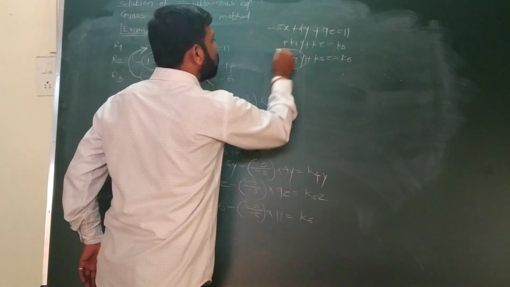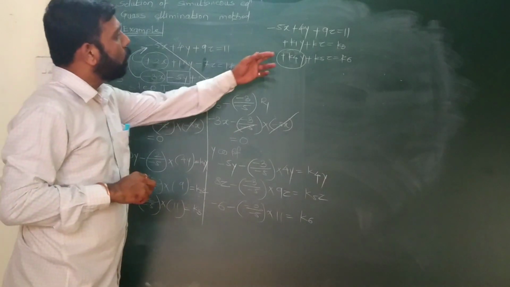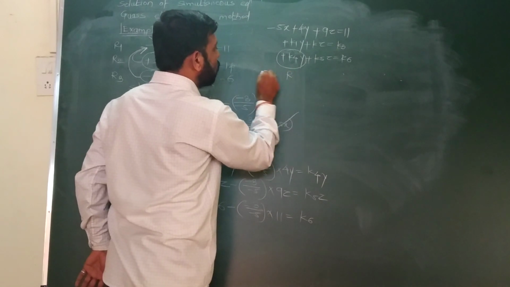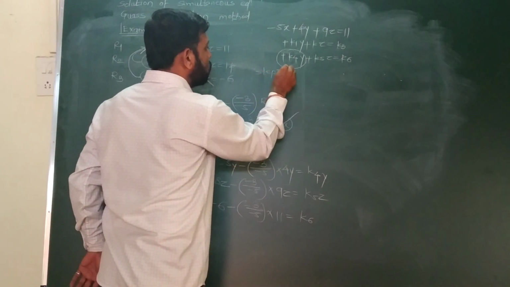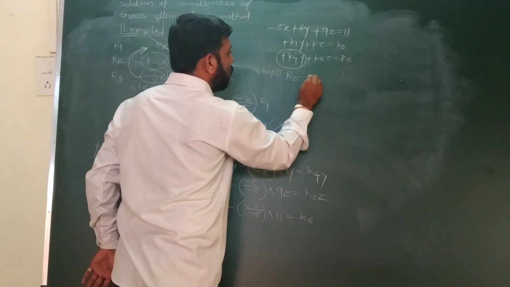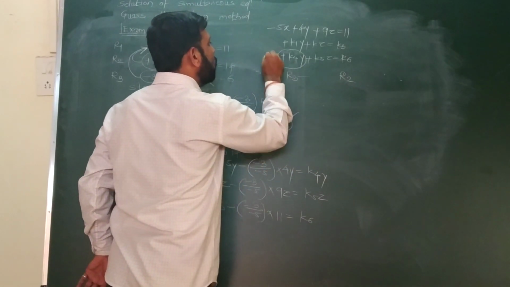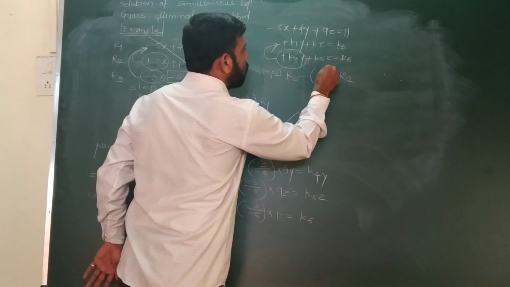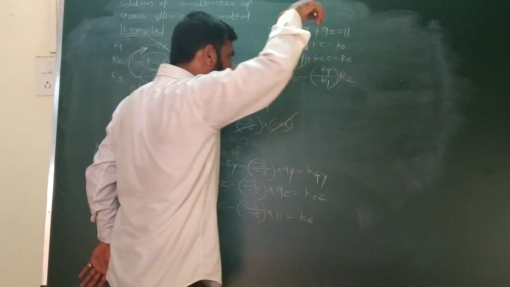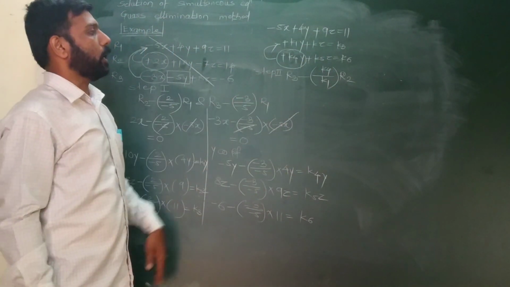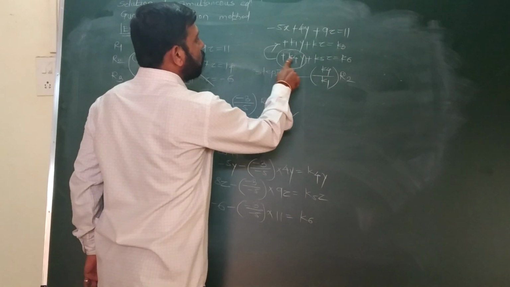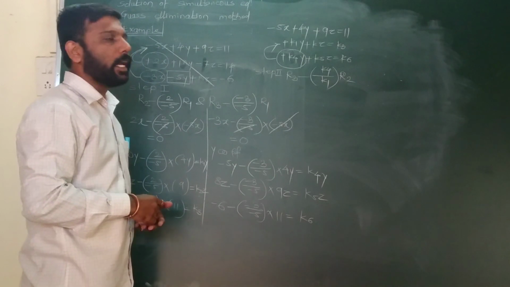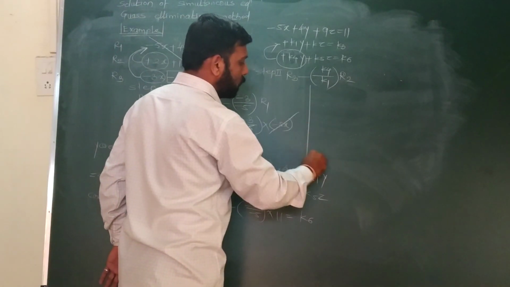Similarly we'll complete step 2. Now only this element remains to be made 0. So for this, in step 2, the operation is R3 minus R2. Its diagonal element is here. Now the multiplying factor is k4 divided by k1. So this is the multiplying factor. By using that operation, we get this element to be 0, and then we are able to calculate the value of z directly.